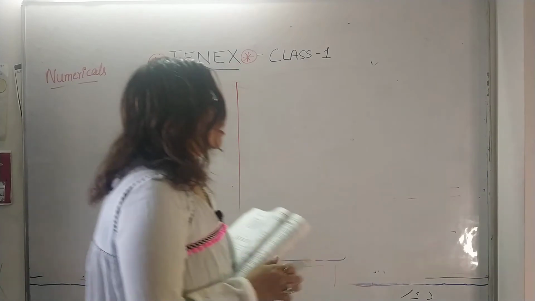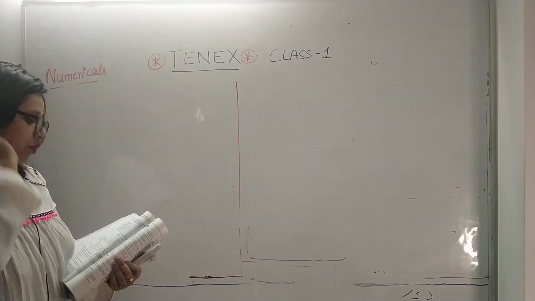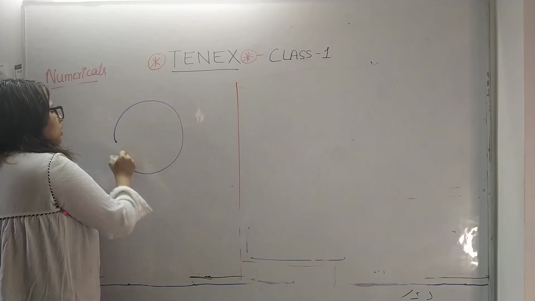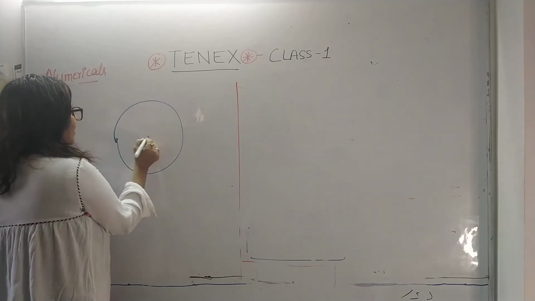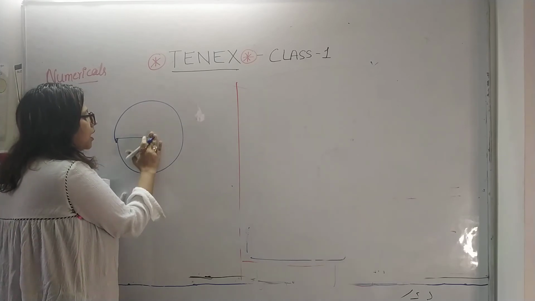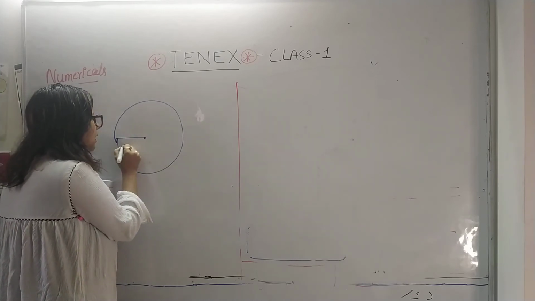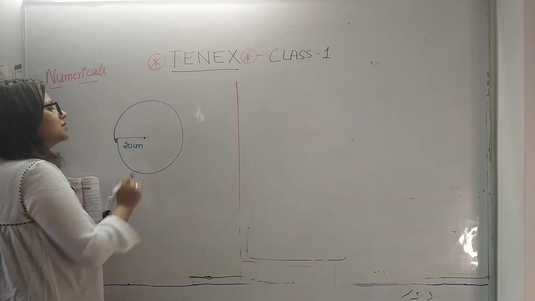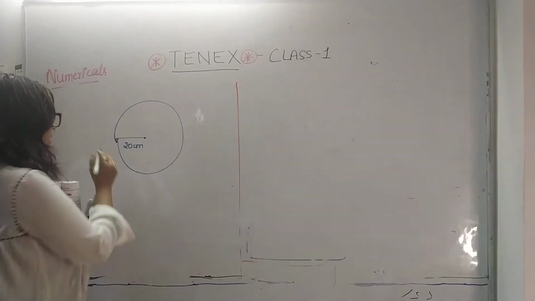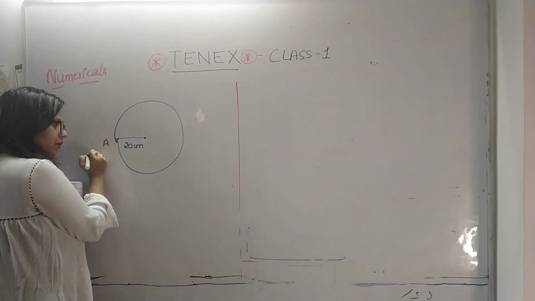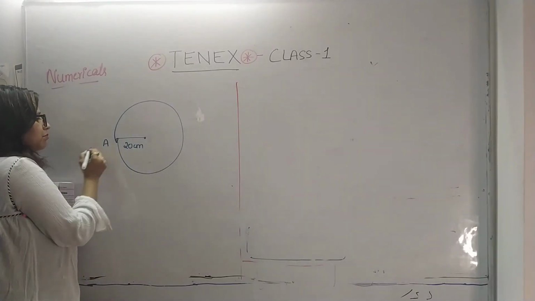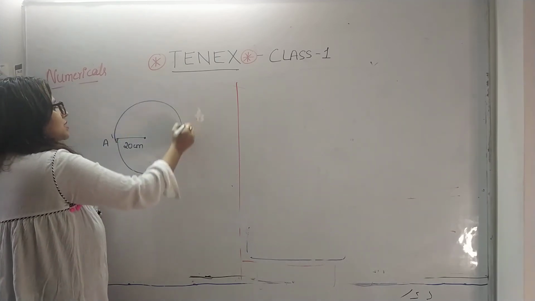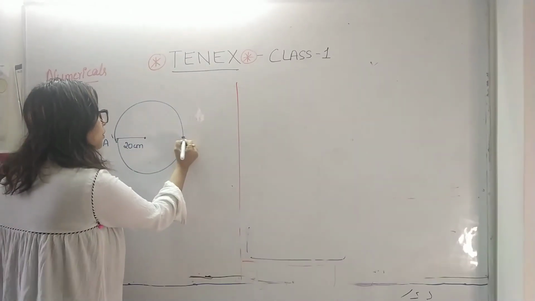Example 2. So the example 2 says that if a body moves in a circular path, so if a body is, let's say, moving from this point along a circular path, okay? And let us say the radius of the circular path is 20 centimeter. And the radius of this path is 20 centimeter, okay? So it is moving from A, okay? It starts moving from A. It completes one round, it completes two round, and it completes another half round and comes to this point B,